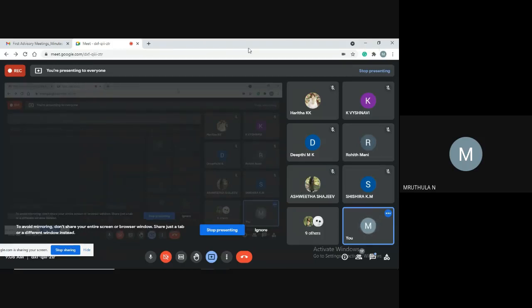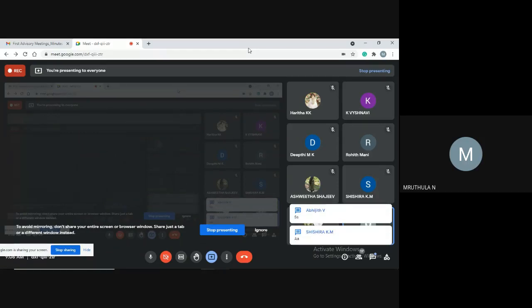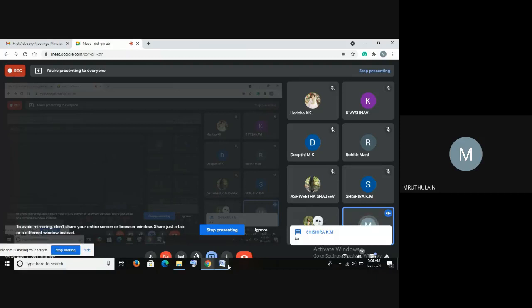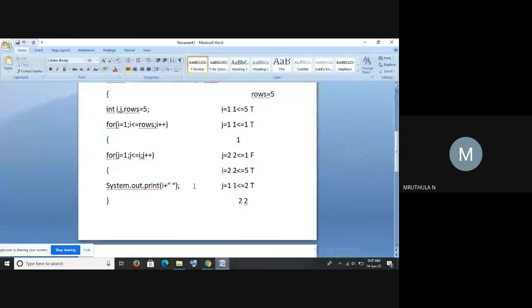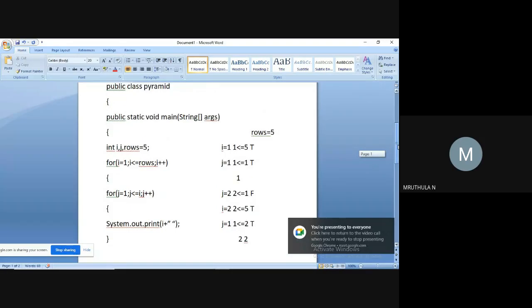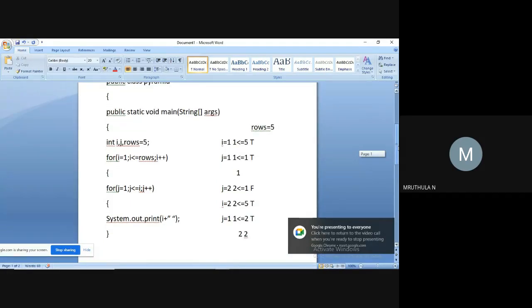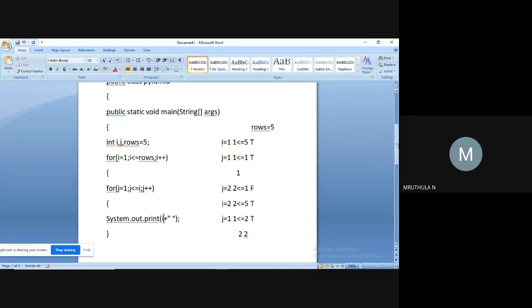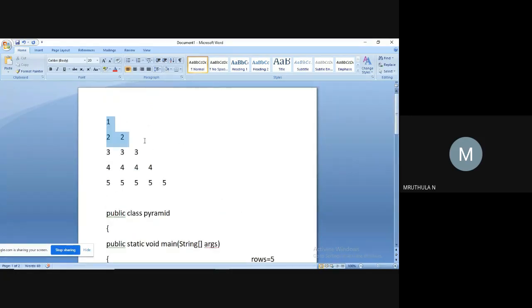Hello? Okay, so instead of displaying the variable j, we use the variable i here. Then we get this pattern: 1, 2 2, 3 3 3, 4 4 4 4, 5 5 5 5 5.